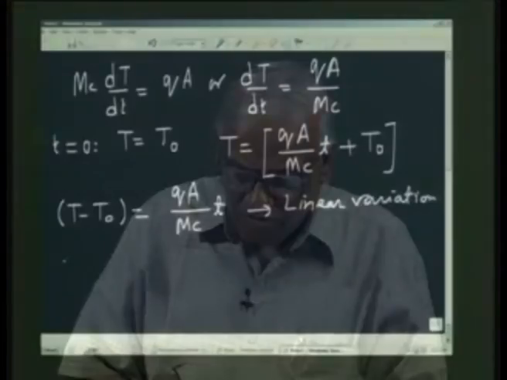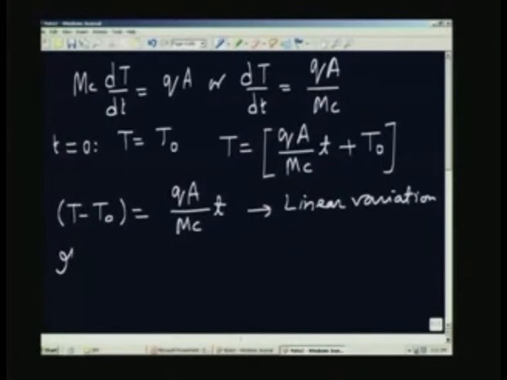Now, suppose there is some heat loss, how can we account for it? We can account for it by saying that the heat loss is proportional to the temperature difference between the slug and the surrounding to which it is going to lose heat. And in this case, I am going to assume that the surrounding is at some temperature T infinity, which we can adjust later. So, heat loss may be taking place.